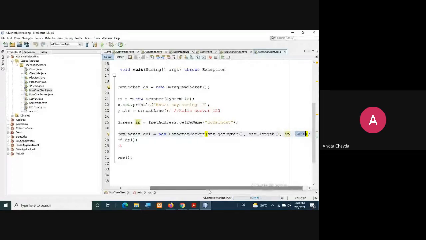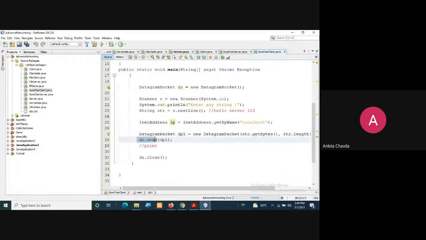Now you send it: ds.send(dp1). ds is your datagram socket object, and via that you are sending your very first packet, dp1.